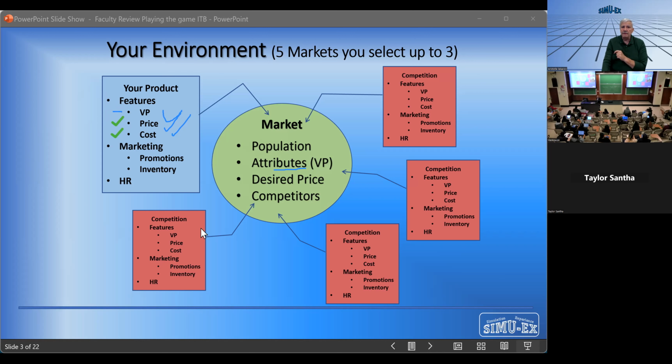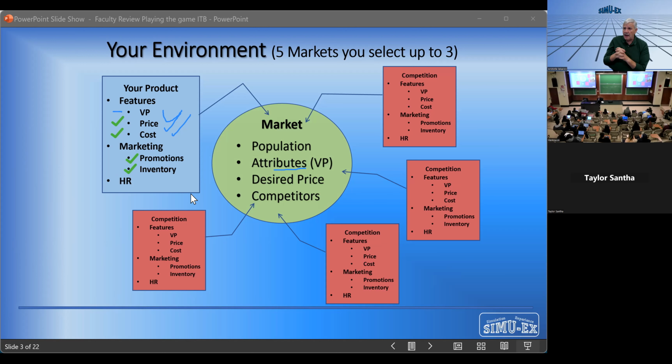In addition to that, the market doesn't know who you are. So therefore, what you need to do is you need to promote your product in the market so the market becomes aware of your product. Once they become aware of your product, they then need to be able to purchase that product. And so promotions is a very important aspect in any managerial decision set. And then we lastly have inventory in terms of managerial decisions. The problem with inventory is if we don't sell all our inventory at the end of a period, we have it for the next period, and it may not be viable in that next period.